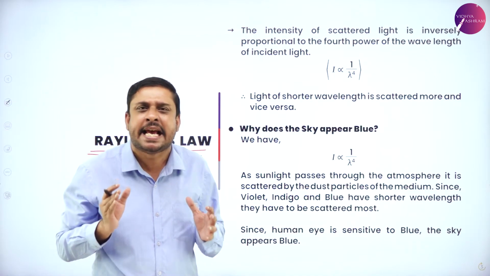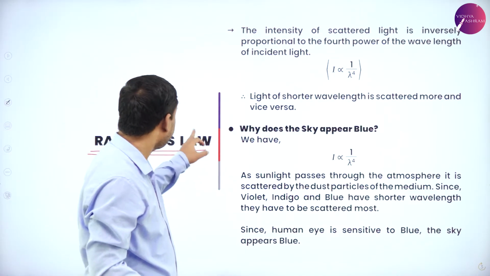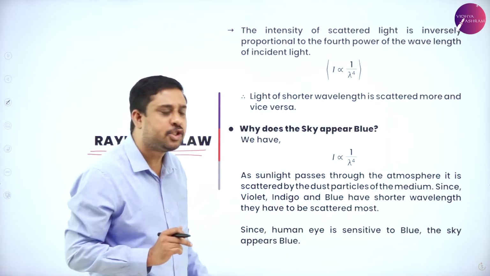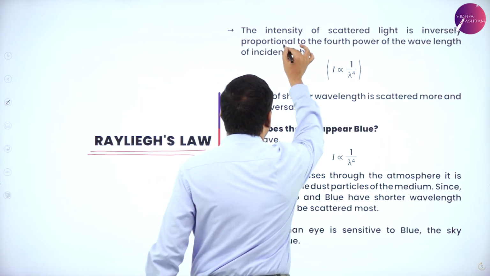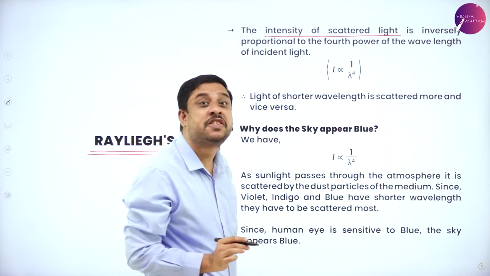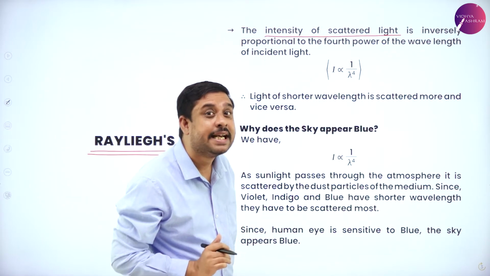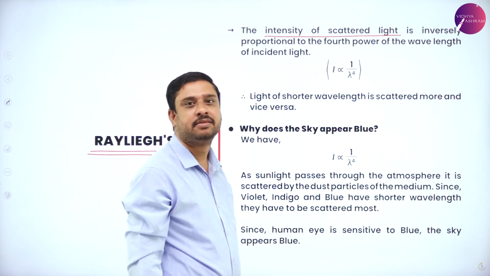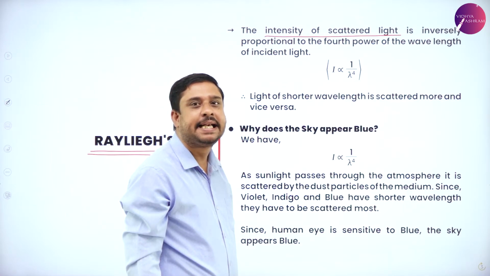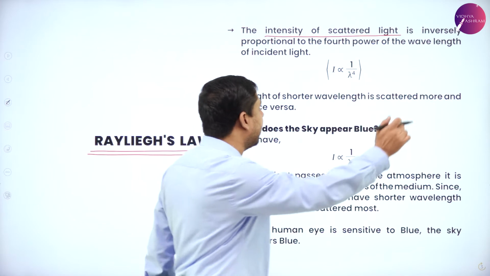A very established law for scattering. Rayleigh's Law says the intensity of scattered light. Which light? Scattered light. Intensity of the scattered light